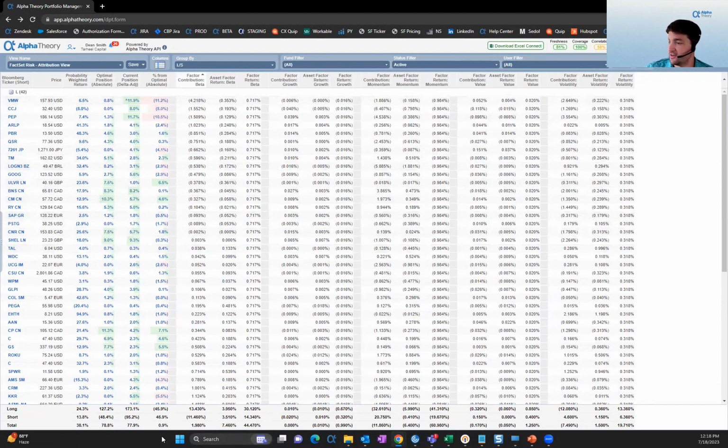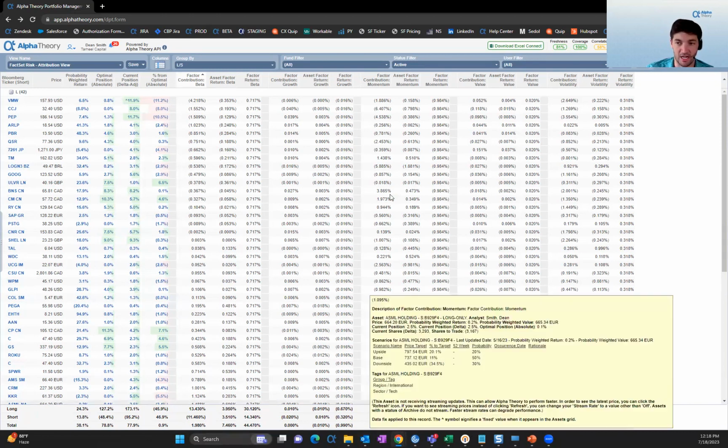If you go all the way down to the bottom line, beta had somewhat of a positive impact, negligible impact from growth, somewhat negative impact from value. Volatility negatively impacted us, but the biggest driver of portfolio performance yesterday was momentum. It had essentially a negative 12% impact on our